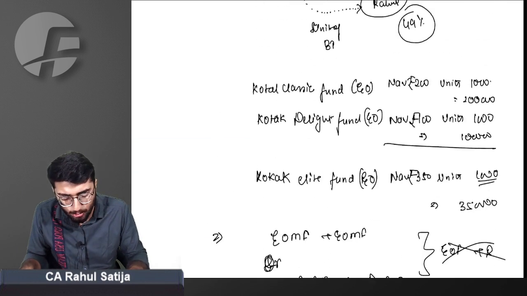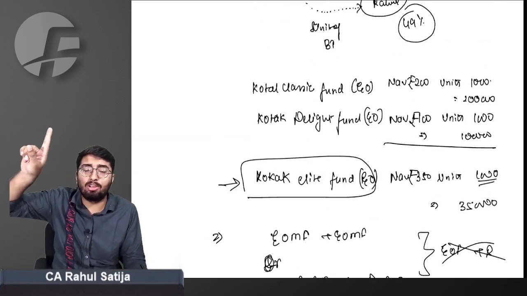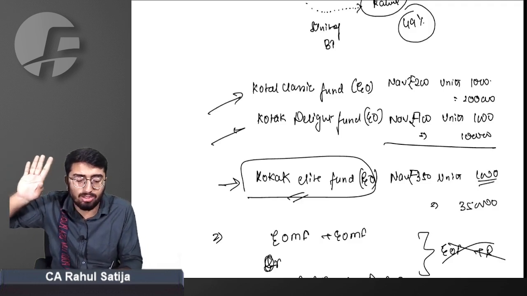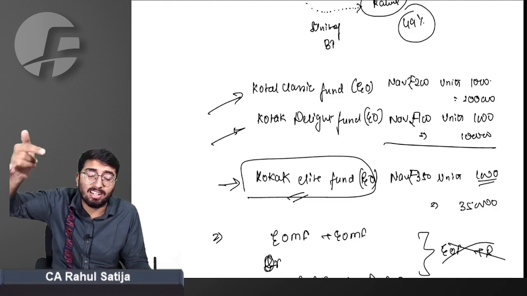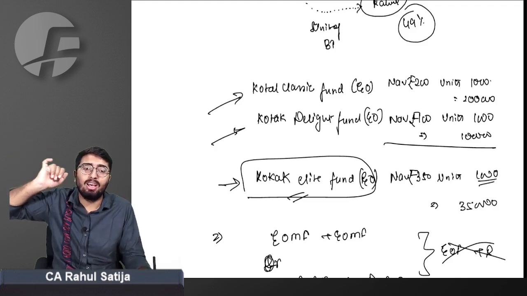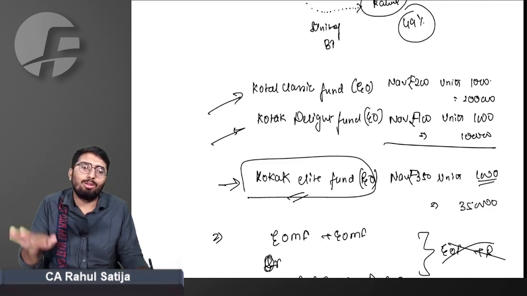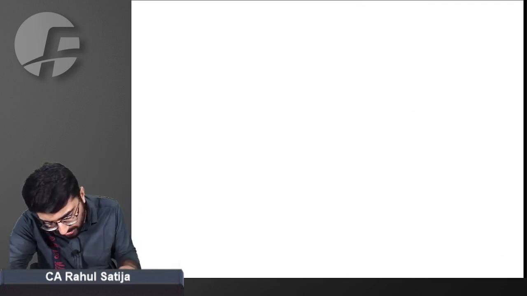If you can ideally see the situation, Rahul is getting units of Kotak Elite Mutual Fund. But for receiving Kotak Elite Mutual Fund, he is foregoing the units of Classic Fund or Delight Fund. For that matter, a transfer takes place in his account. In that case, the transfer is considered to be an exempt transfer. There will be no transfer in his hands. Got this point? Yes, sir, we did understand.